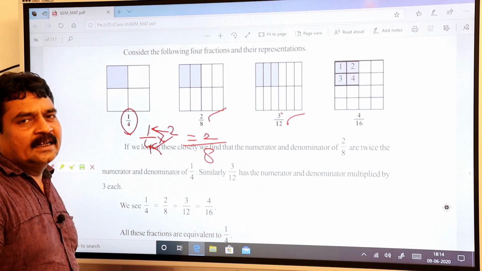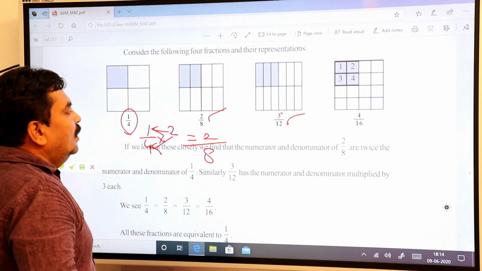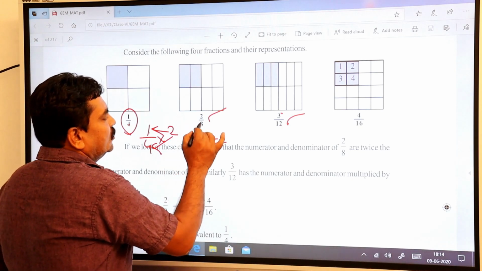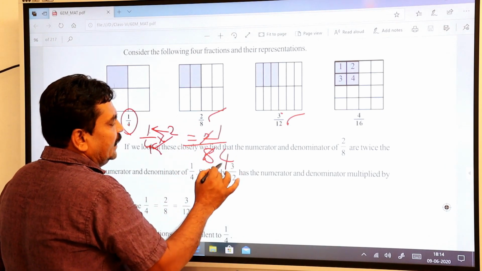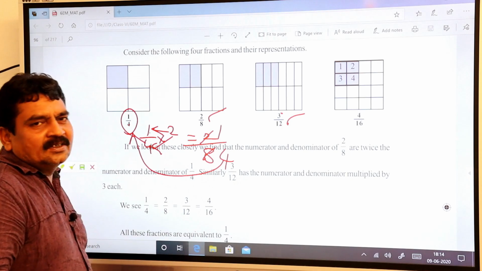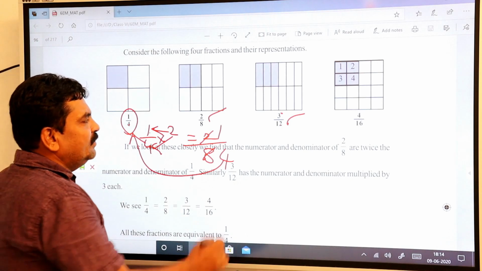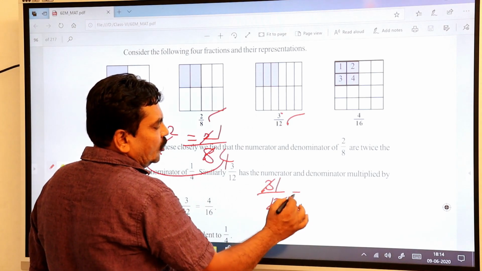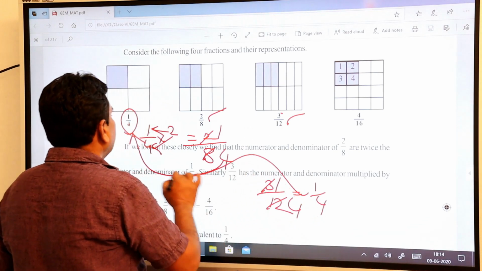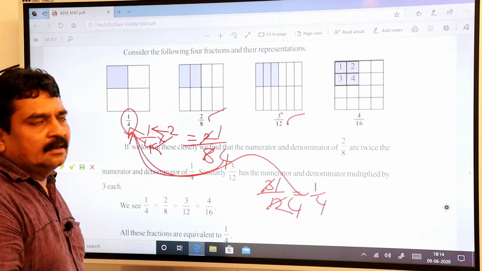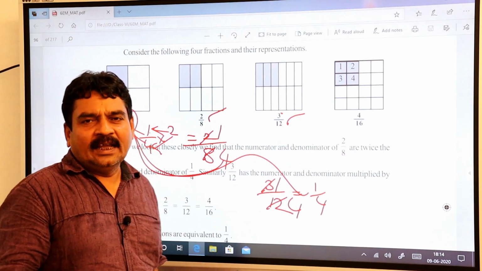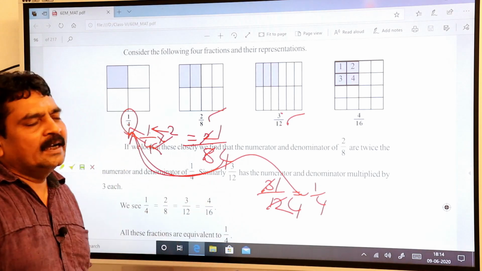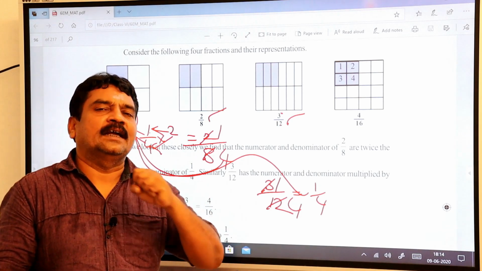This is what you call an equivalent fraction, because when you cancel it, see here 2 by 8, 2 1s are 2, 2 4s are 8. Again you get the least fraction. Same thing with 3 by 12, 3 1s are 3, 3 4s are 12. You got it as 1 by 4. Again this is your least fraction. 4 by 16, when you cancel 4 one time and 4 4 times, you get back again to 1 by 4, that is your least fraction.